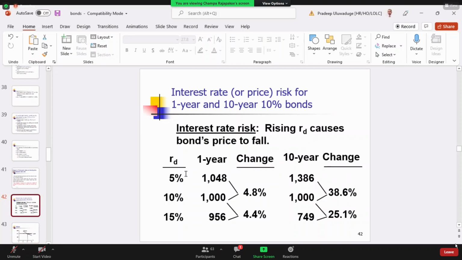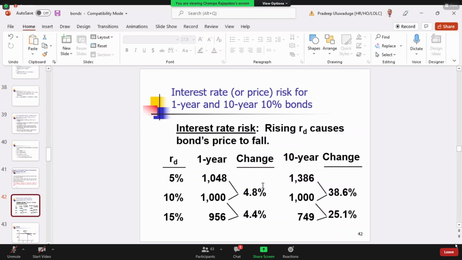If the bond matures in 10 years, the coupon rate is 10% and the face value is 1,000, then at a discount rate of 5% it is selling at 1,386, at 10% at par, and at 15% at 749. So we have calculated the rate of change for the 10-year bond, which is 38.6%